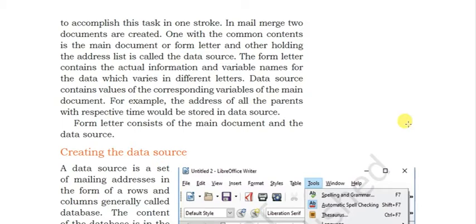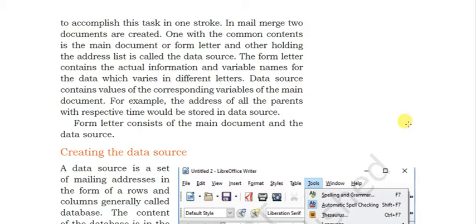The form letter contains the actual information and variable names for the data which will vary for different letters. The data source will contain the values of the corresponding variables of the main document. For example, the addresses of all the parents with their respective names would be stored in the data source.